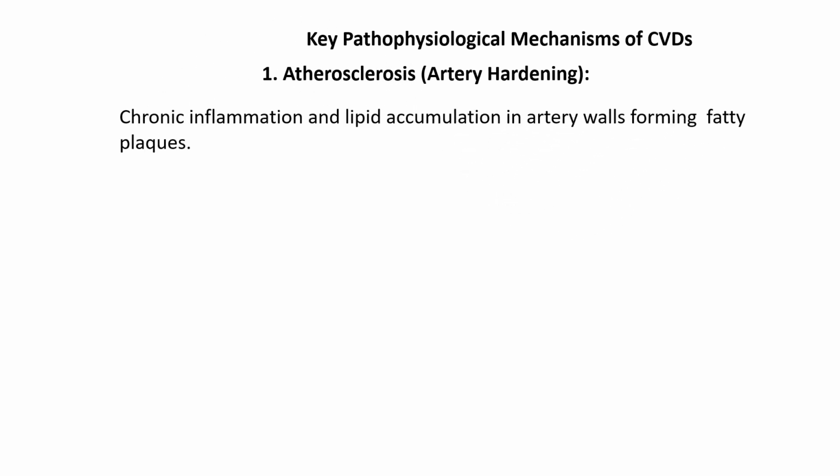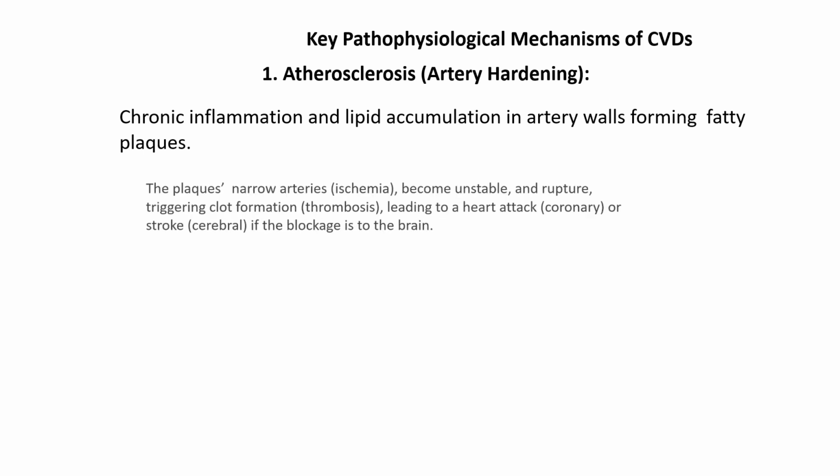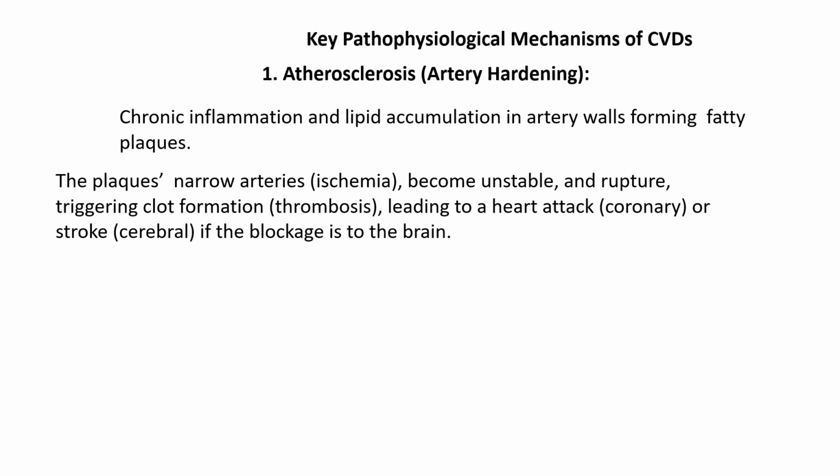What are the key pathophysiological mechanisms of cardiovascular diseases? How does this disease occur? First, we have atherosclerosis, also known as artery hardening. Chronic inflammation and lipid accumulation in artery walls form fatty plaques. The plaques narrow arteries, a condition known as ischemia. They become unstable and rupture,